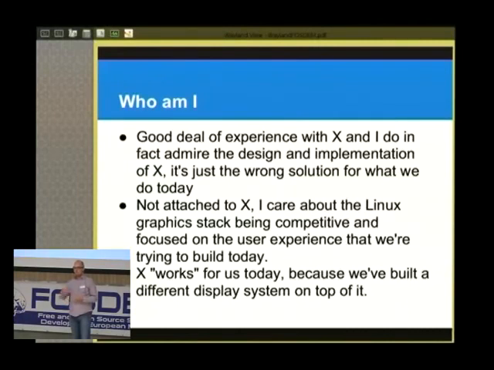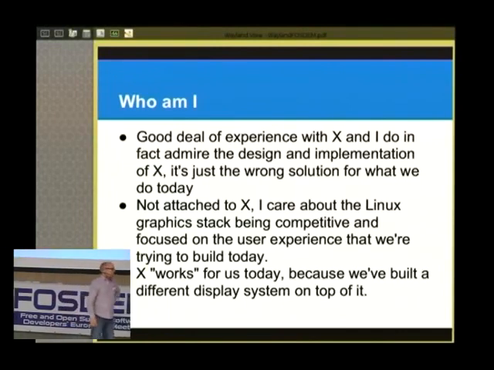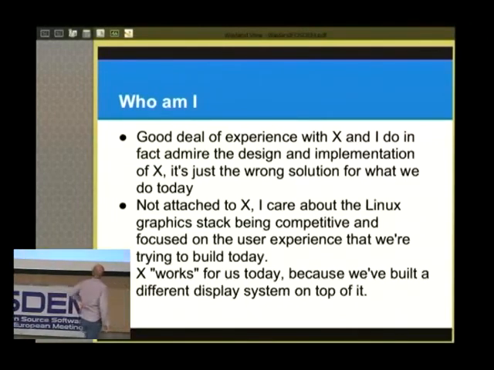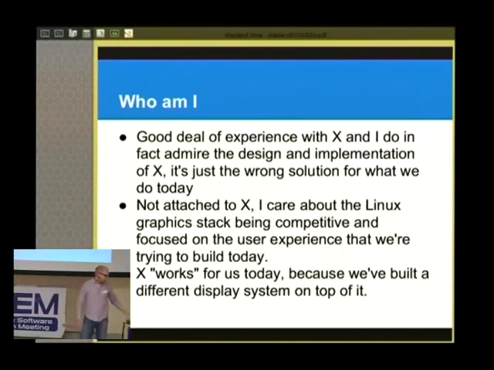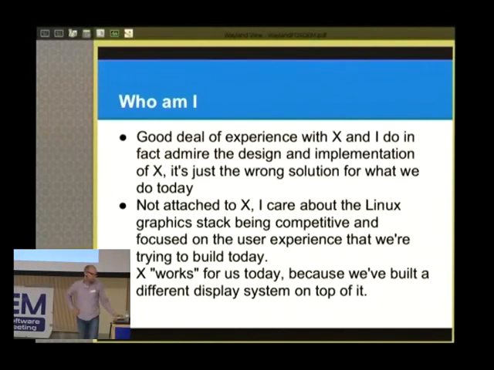That's because we built a different windowing system on top of X. Again, I basically want to make the Linux desktop experience better, and that may involve X, or it may not involve X. I think we've gotten to a point where we have to move forward and move away from X.